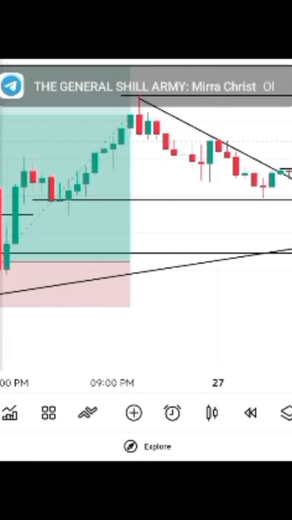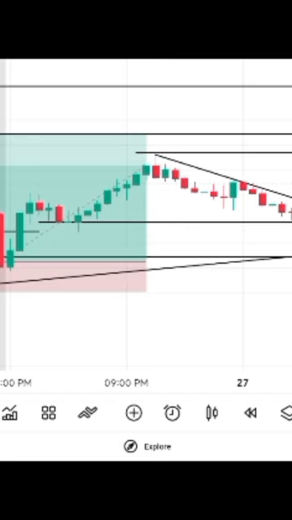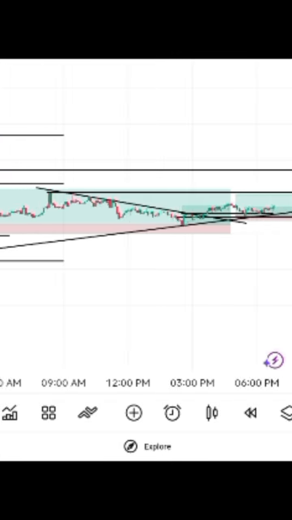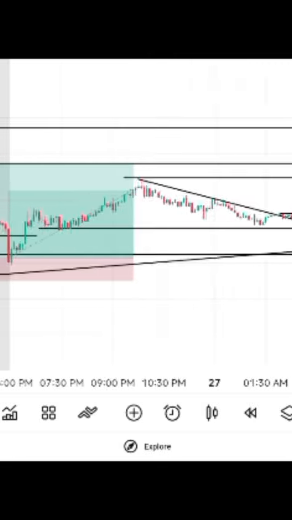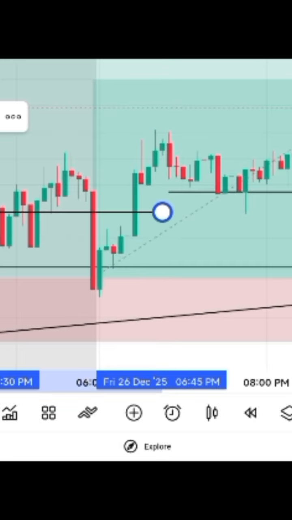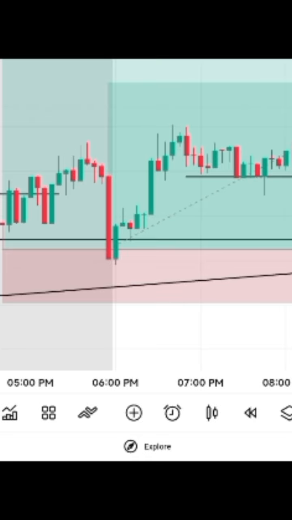Now you can see the 15-minute time frame created a double bottom, but that is not our concentration. We'll go back to 5 minutes because we need to see that structural break to the upper side. So you can see the market broke structure here. If you look very well, it broke structure here, to the upside. So what I will do is, because normally I have some confluences, I have like a